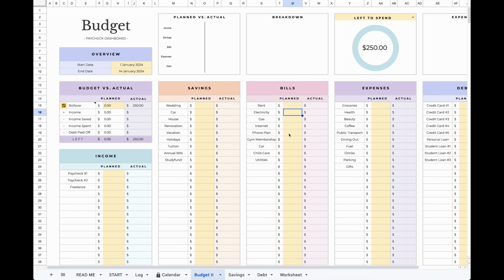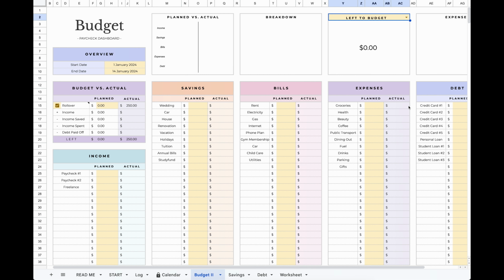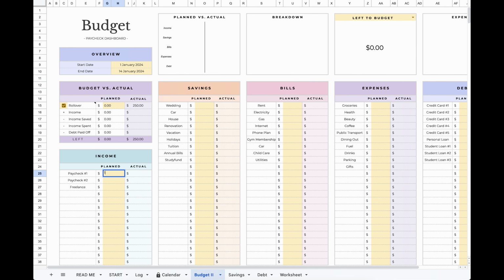That way you don't have to find and enter these numbers over and over again. Now what we recommend doing is switching this to left to budget, and basically your left to budget is your income plus whatever rollover you have entered here, minus your savings, bills, expenses, and debt. So if, for example, you expect 2 paychecks of $1,500 each and $750 of freelance work, that means your total left to budget at the moment is